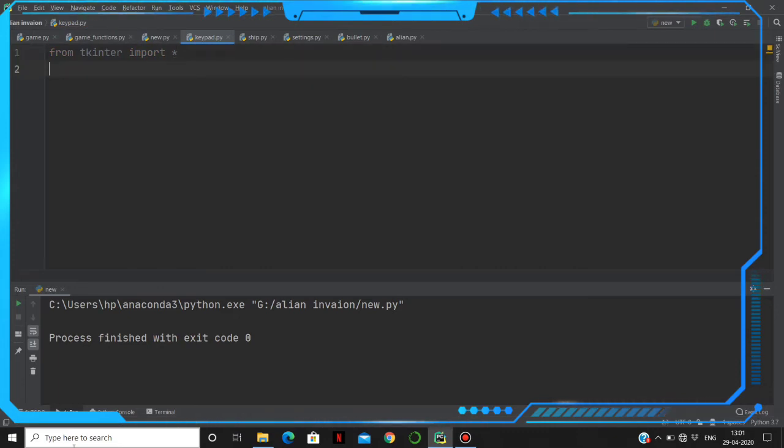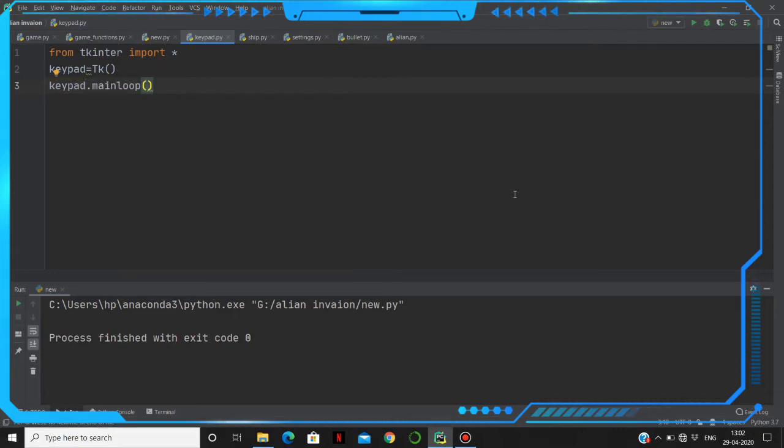Basically, we have to create an event like keypad. We are going to give keypad equal to capital T, small k, which initializes the graphics interface, and then we have to run a main loop using keypad dot mainloop.